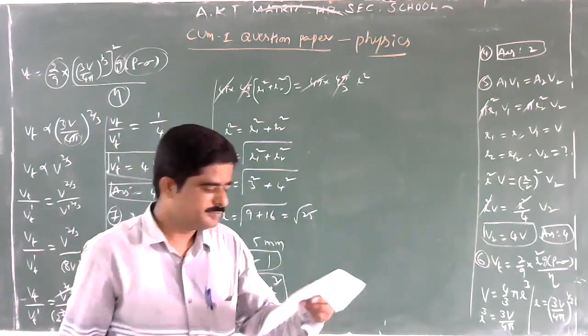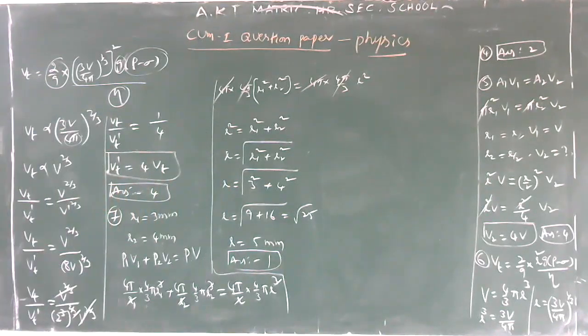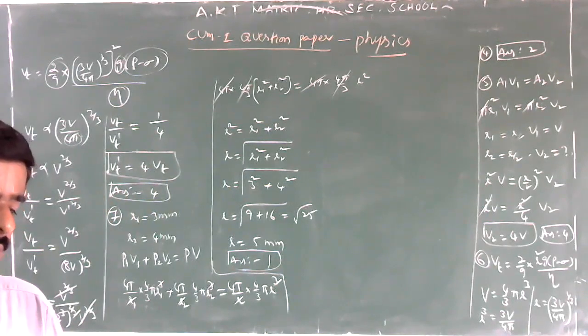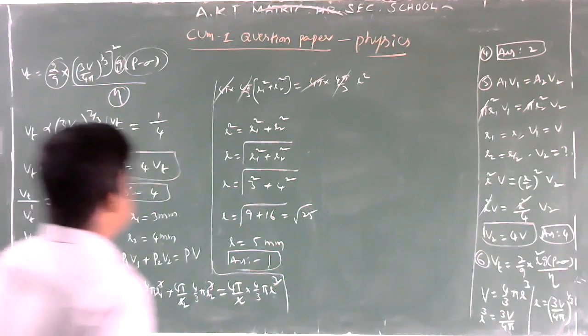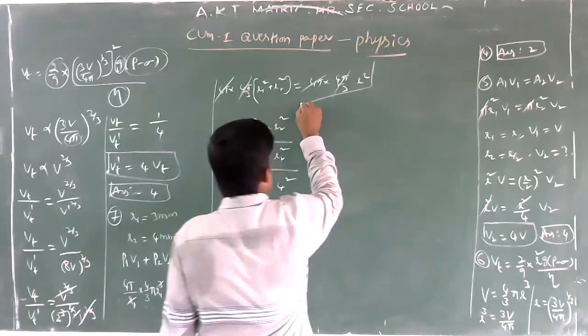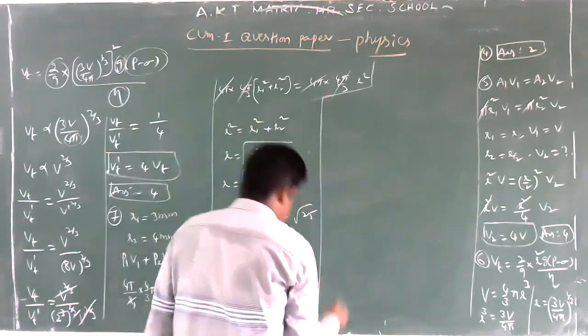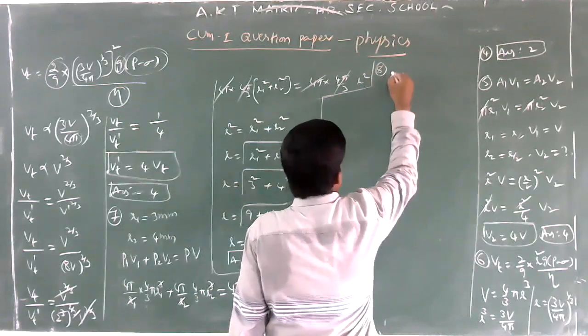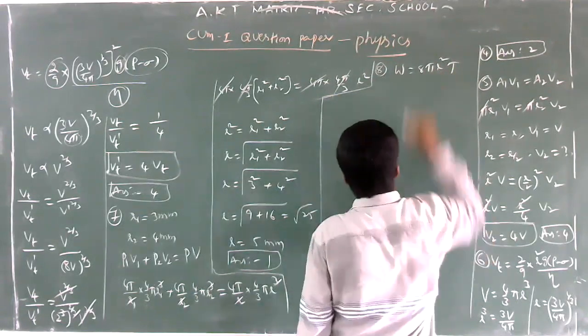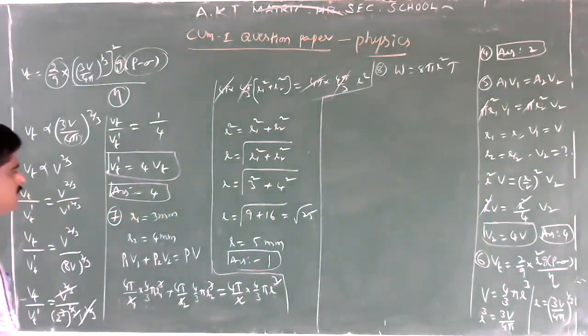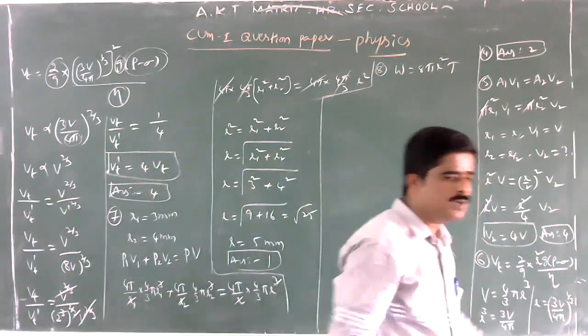Next, 8th question. Work W is required to be done to form a spherical bubble of volume V from a given soap solution. How much work is needed to form a spherical bubble of volume 2V? So you know the amount of work required to form a soap bubble. What is the formula? Work done W is equal to 8 pi R square into T, where R is radius. Again use this formula. Why? Because the soap bubble is in the form of a spherical shape.